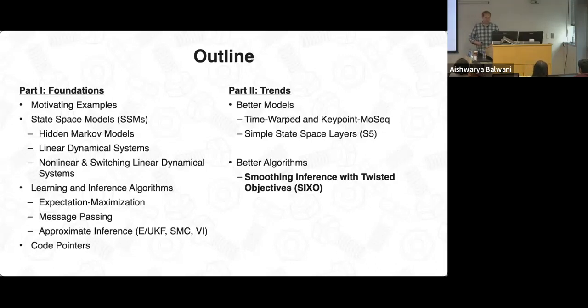Okay, so maybe there's going to be a bit of a discontinuity here as well. There's continuous changes within section, discrete changes between sections. This one is a rather discrete jump where we're going to talk now more about algorithmic innovations. So the first part was all about innovating on the model side. Here we're thinking more about how we can do better inference and parameter learning in state space models, which is obviously a key part of this whole process.